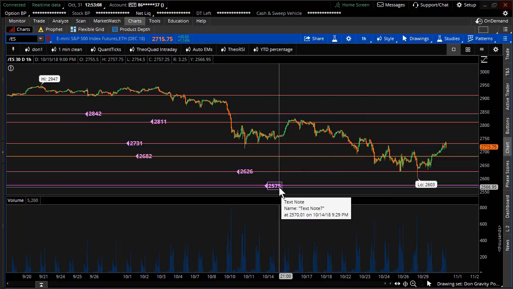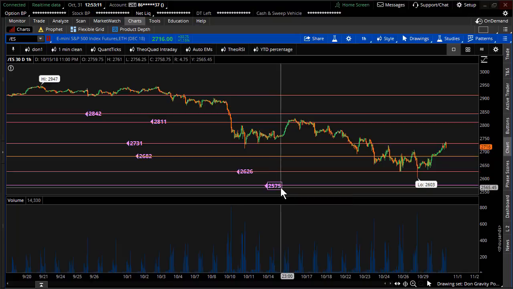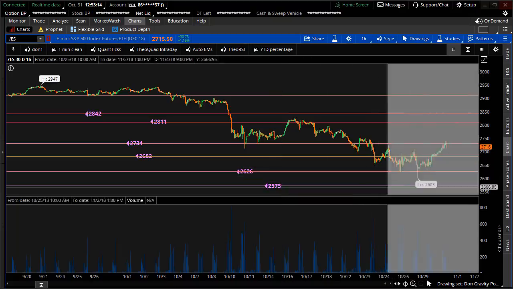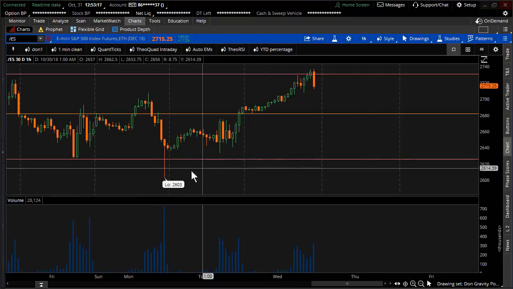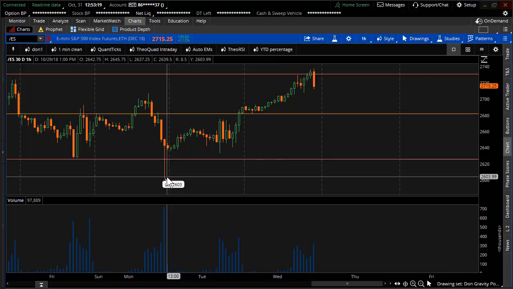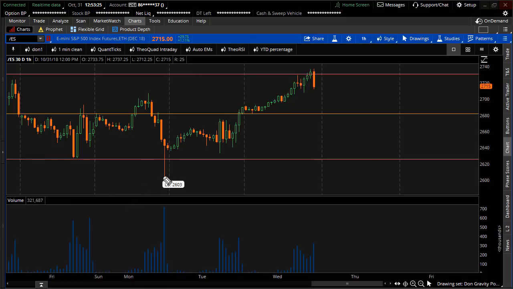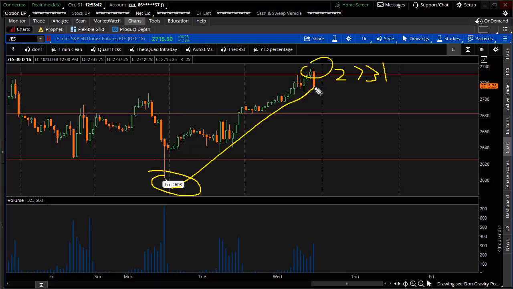Now, part of the opinion piece: I fully expect us to do just that. The marketplace as a whole, in the last 48 hours of trade, you have to realize that today's a rally, and it's a rip your face off rally is what we call it. We traded from 2603, a straight shot into, and remember how far we've actually come, 27.31. You're looking in the last 48 hours at a 130-point move inside of the S&P futures.